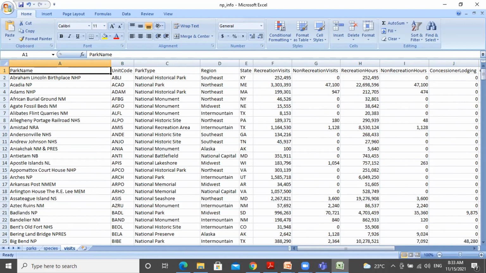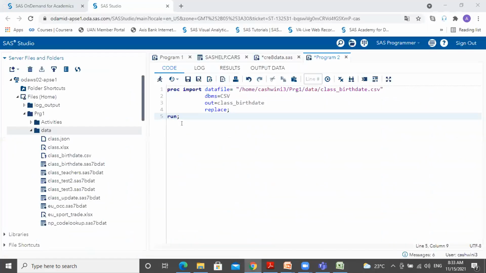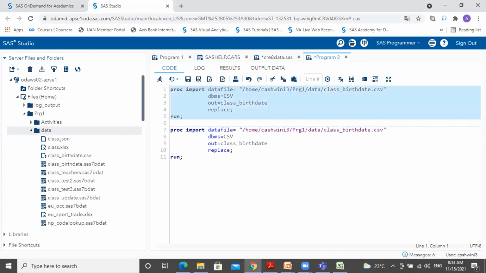Yeah. So now when we do the same with proc import, for example, I'll use this proc import, and here I use the dataset name np underscore info dot Excel.